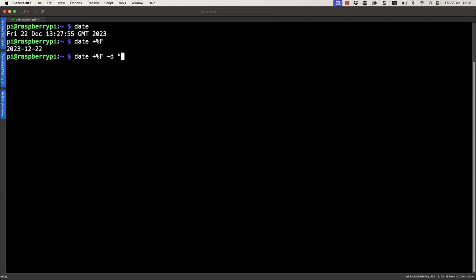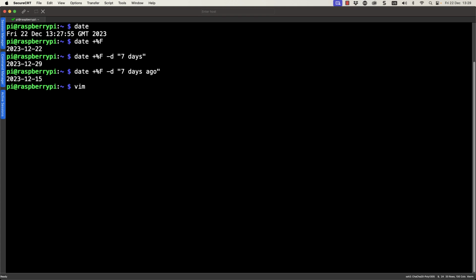If I use date -d and then in quotes 7 days, it's going to add 7 days to our current time. So we can see that we get back the 29th of December. We could also, even though I don't need to go backwards, use 7 days ago if I wanted to show the date 7 days ago, and we can see that was last Friday, the 15th. So this is going to be the underlying infrastructure that we're going to use within our script.